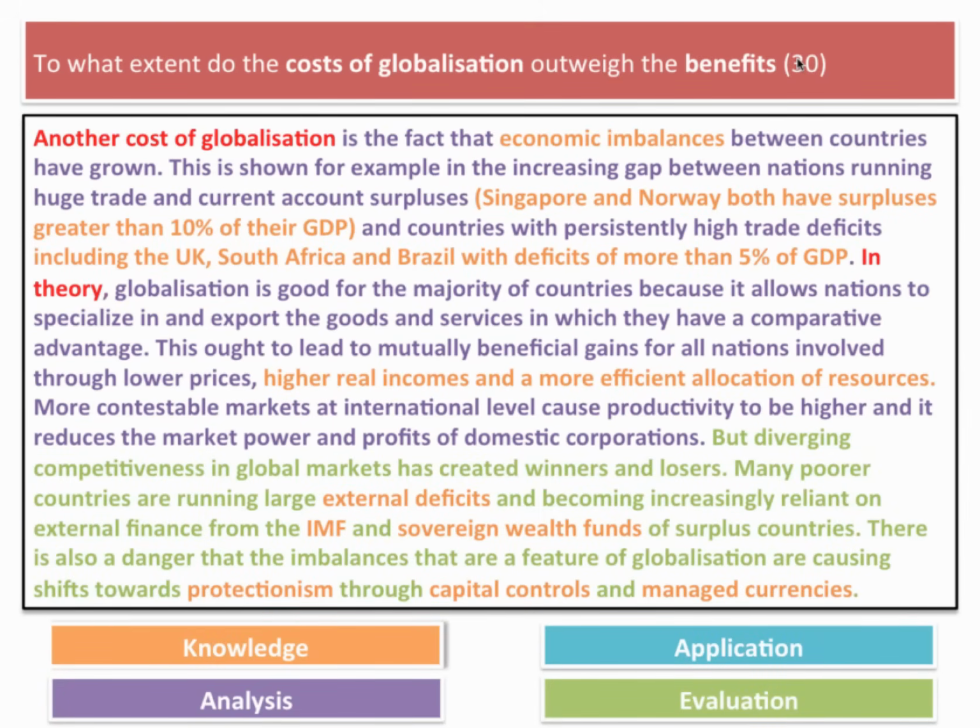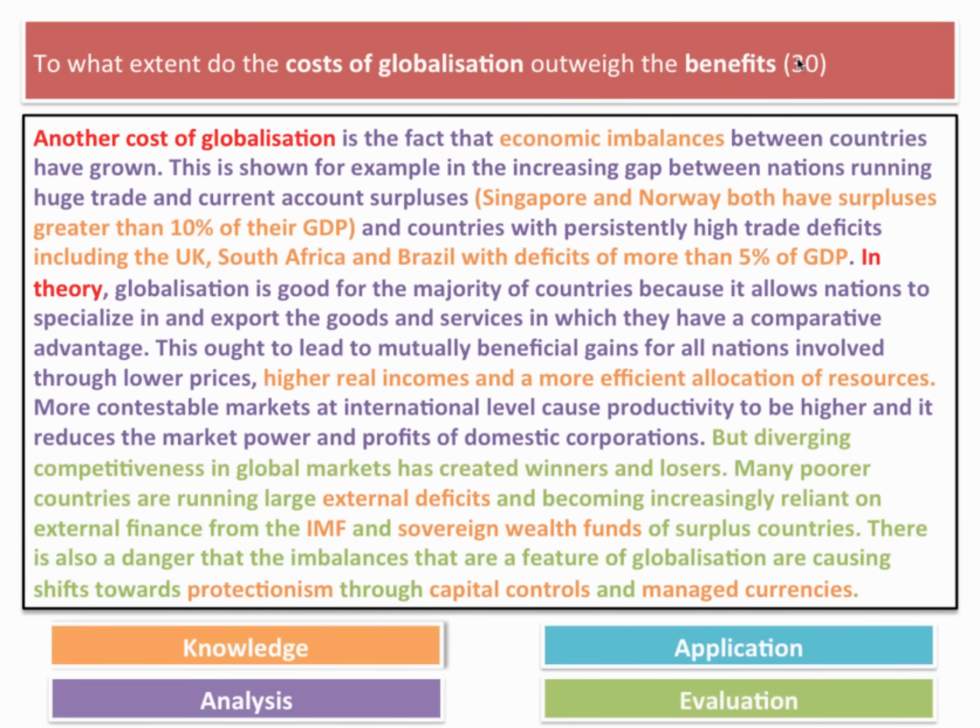Back to the question. Again, I'm going with the flow. Another cost of globalization is the red text, everybody, at the start of this paragraph. The red text is my bridging phrase. It takes me back to the question. And examiners love you to do that because they like to give marks. Some of them have nervous tics. They give lots of good marks.